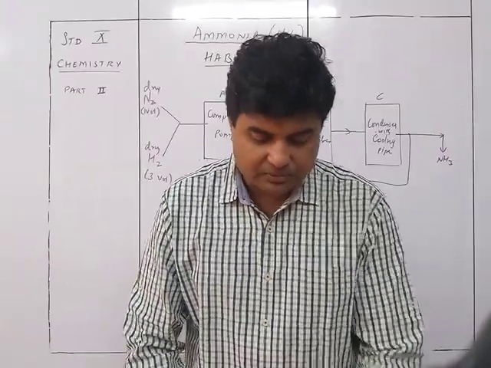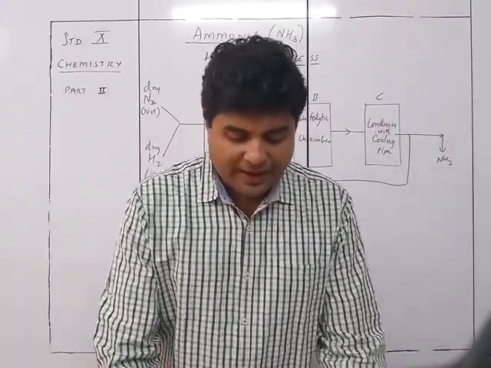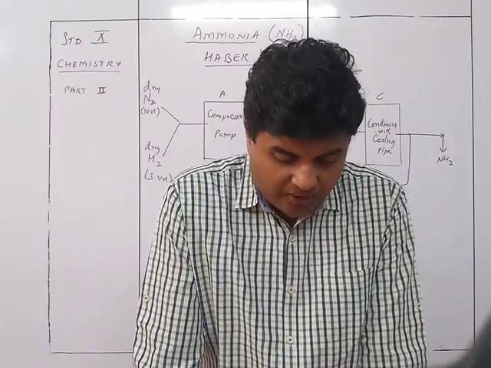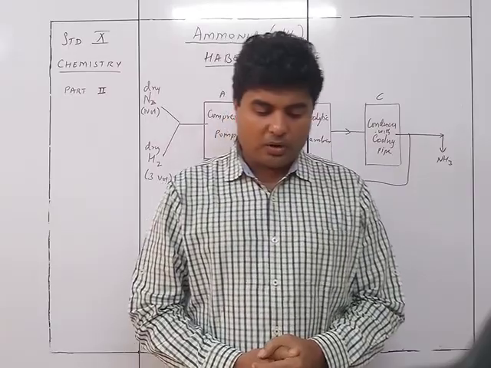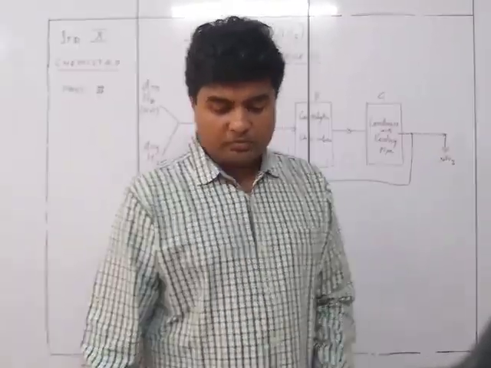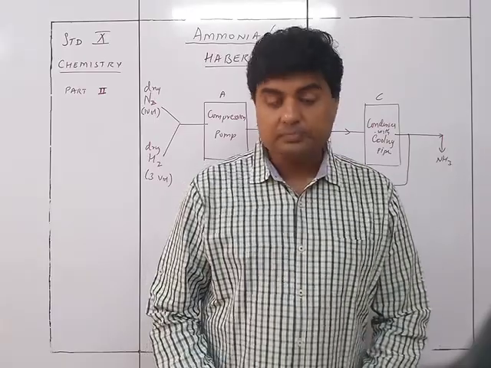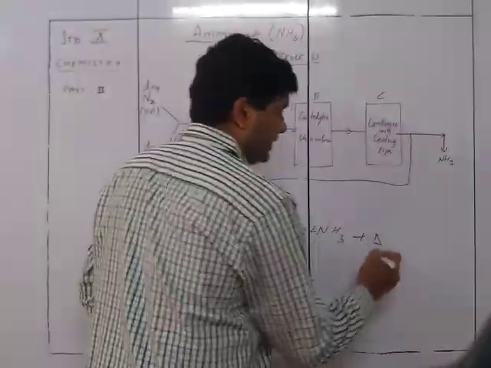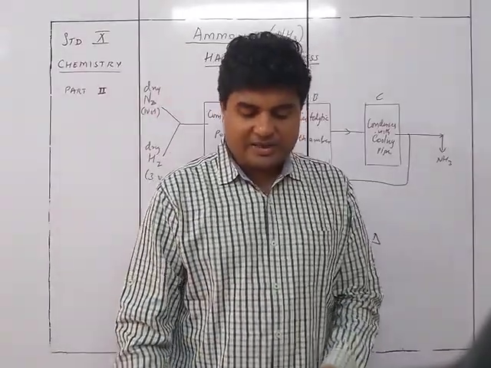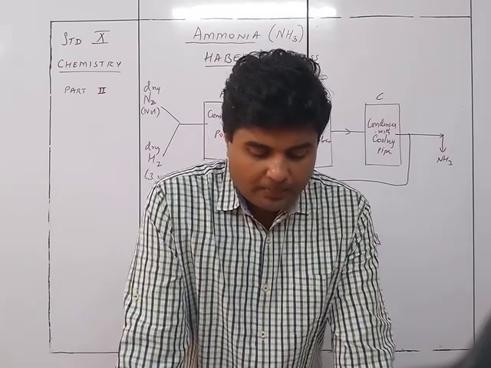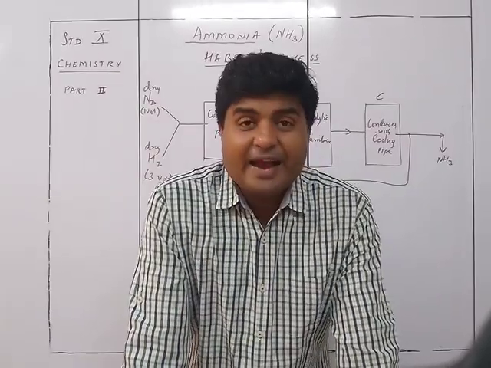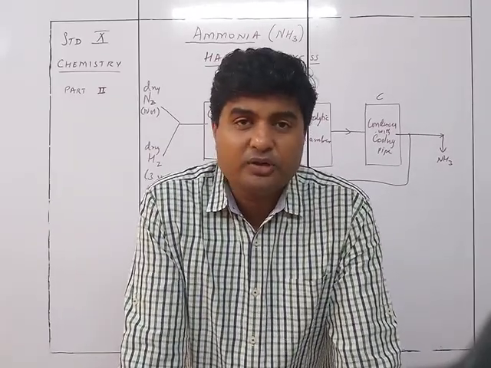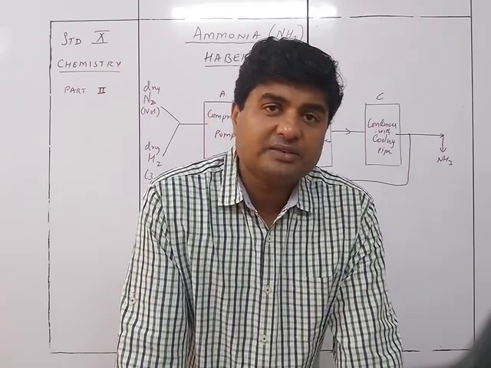Let's go through the first thing. Nitrogen reacts with hydrogen under specific conditions, liberating ammonia. We have nitrogen 1 volume and hydrogen 3 volumes to give you 2 volumes of ammonia. It is also exothermic, so it is going to give you a good amount of heat. The reactants are nitrogen and hydrogen in the ratio 1:3 by volume, and the product is ammonia, 2 volumes. The reaction is reversible, so the moment you release the pressure, there is a full chance that the ammonia will turn back into nitrogen and hydrogen.